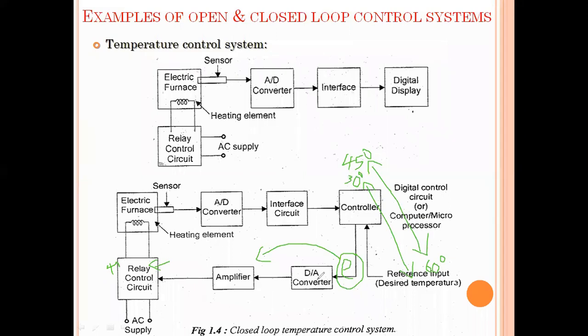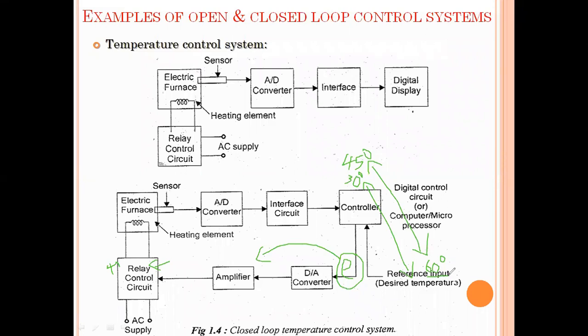So this is a continuous process which can be done automatically without any manual operation of any human being. It will do automatically. But here in the open loop system, we need to enter the time. We need to check here, okay, this is 30 degrees, but we need to get 60 degrees. Then we can increase the time. Now we will erase the previous time value. We will give a new time value manually for this relay here in the open loop. But in the closed loop, we just give a reference input. That's it. That is our work.